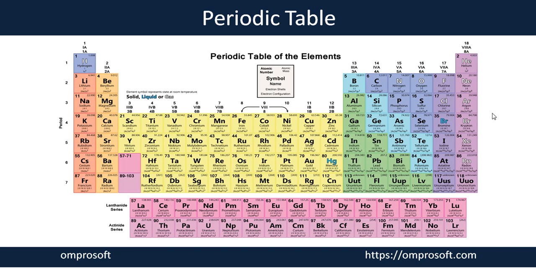The periodic table, when it was formed, is based on a principle in which all elements are arranged in increasing order of atomic number, which also coincides with the atomic mass. All the metals are arranged at the left side, all the non-metals are arranged at the right side. And the elements arranged in one group have a similar chemical behavior.